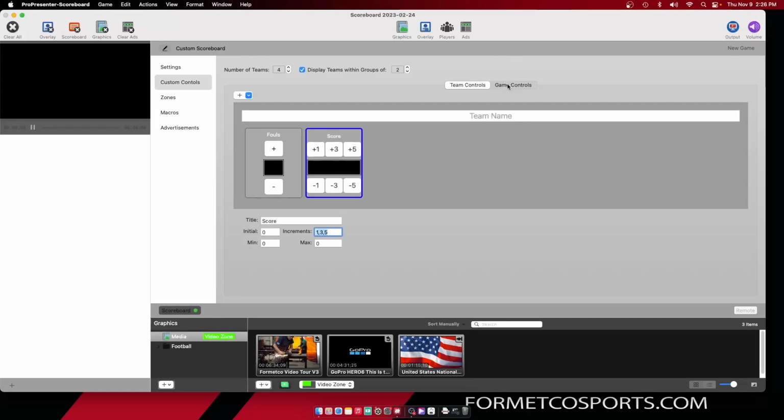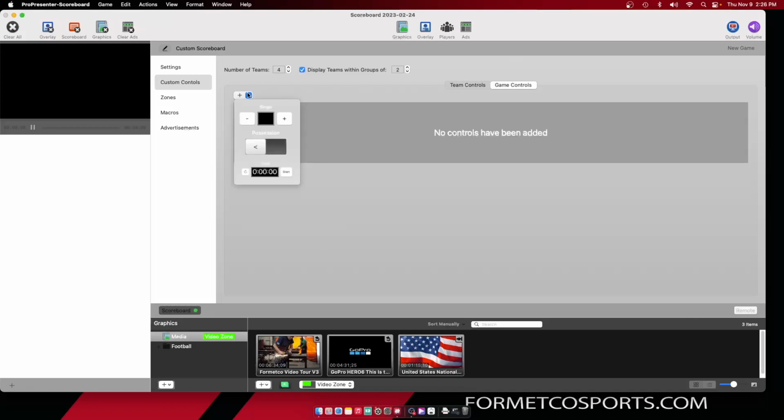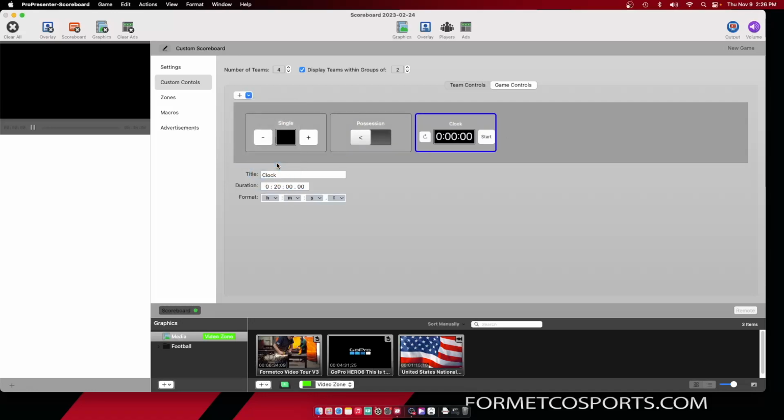I can then go to my game controls, add in a single here. This would be for periods. I'm going to add in a possession arrow, and I'm going to add in a game clock. I can always add in multiple of each if I want. So if I want a second clock for penalties or timeouts, I can do that as well. All I have to do is label it, give it a duration,